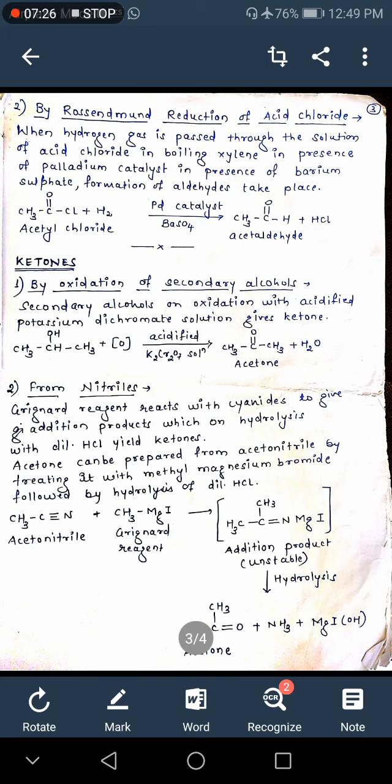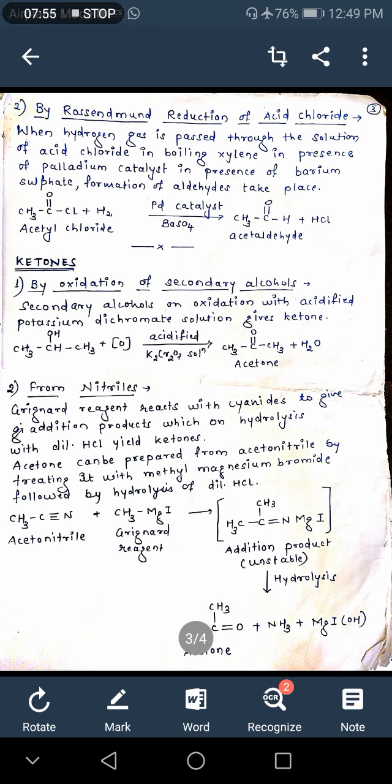Now turning towards ketone, again ketone can be formed by simple oxidation, but in the case of aldehyde we started oxidation from primary alcohol, whereas for ketone as the final product we start with secondary alcohol. So a secondary alcohol like isopropyl alcohol undergoes oxidation under the same condition with acidic potassium dichromate, so it forms acetone, and acetone is a ketone, and a water molecule gets removed here.